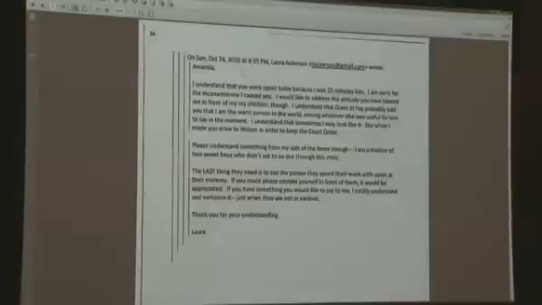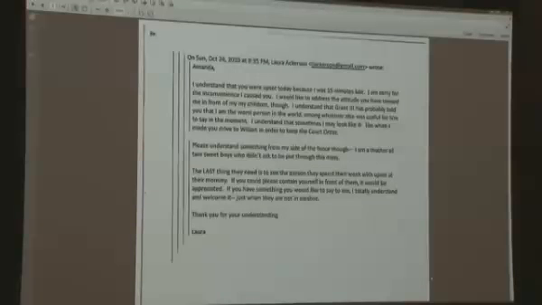Could you read that email for the jury? Sure. Amanda, I understand that you were upset today because I was 15 minutes late. I am sorry for the inconvenience I caused you. I would like to address the attitude you have towards me in front of my children, though. I understand that Grant III has probably told you that I am the worst person in the world, among whatever else was useful for him to say in the moment. I understand that sometimes I may look like it, like when I made you drive to Wilson in order to keep the court order.